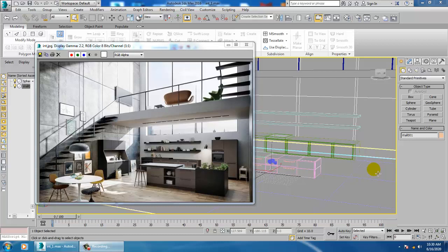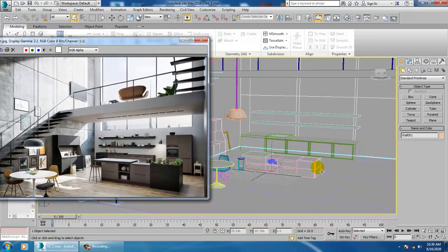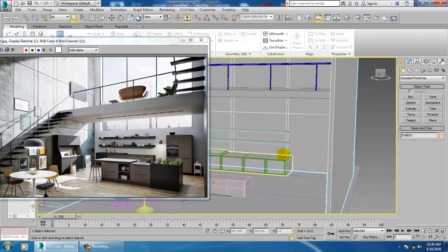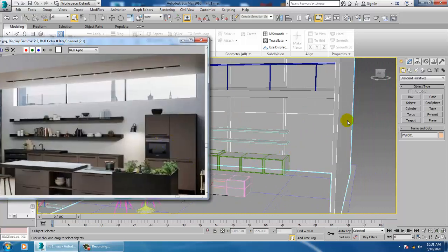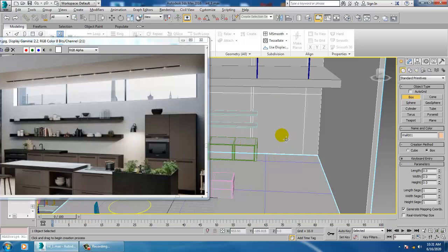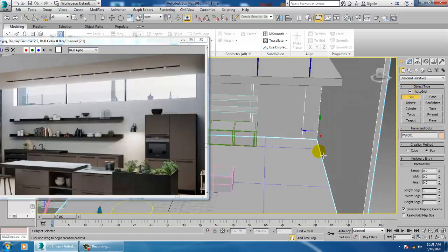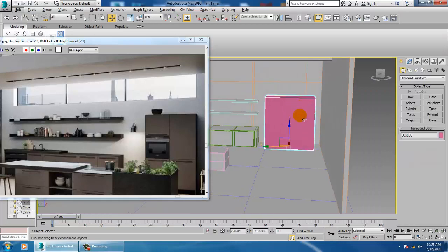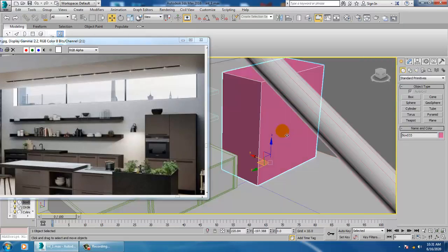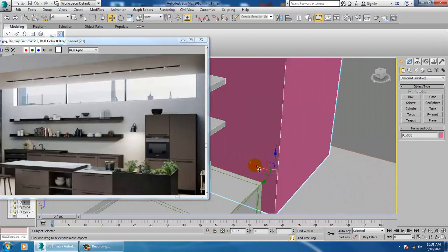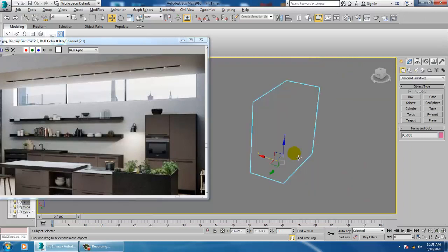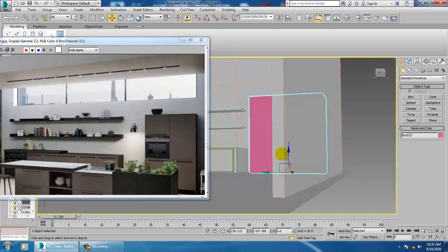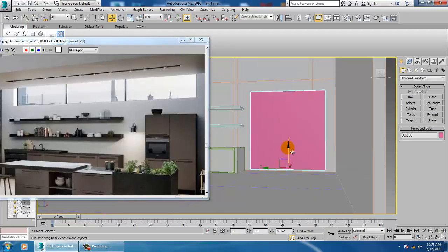So let's get started. As you have seen over here, we have done this modeling. Let's continue it. Now what I'm going to do is create this using a box. Let's click on this auto grid and take a box, and let's just push this up till here. Now let's push it inside, not much, a bit. I'll push it up and scale it.